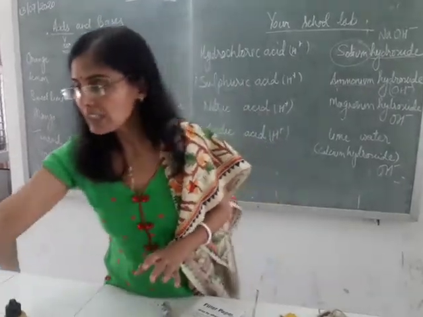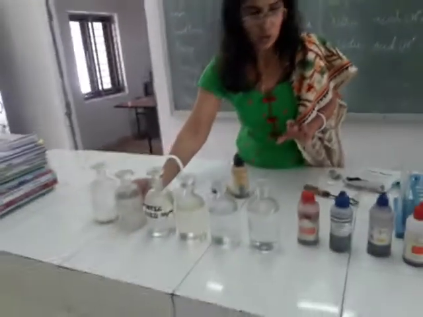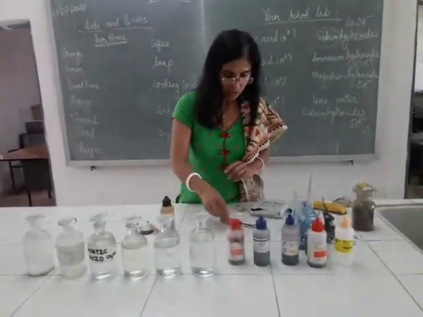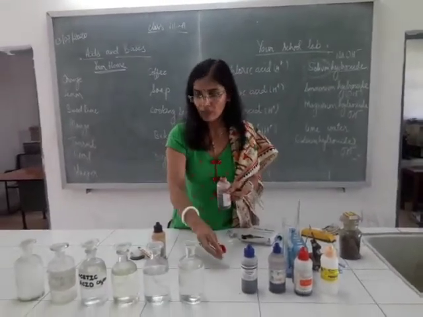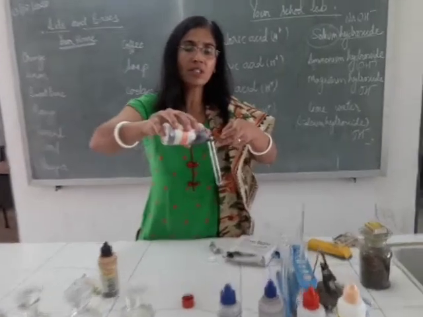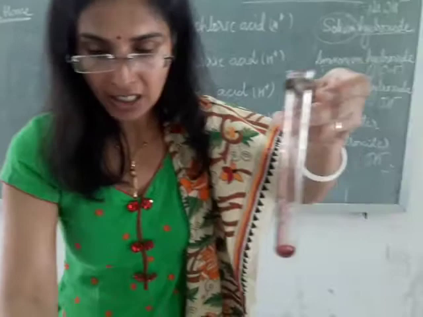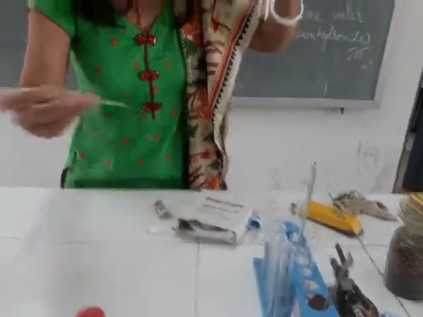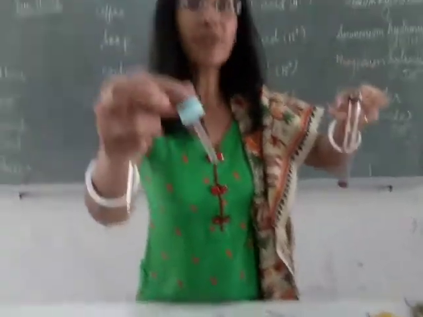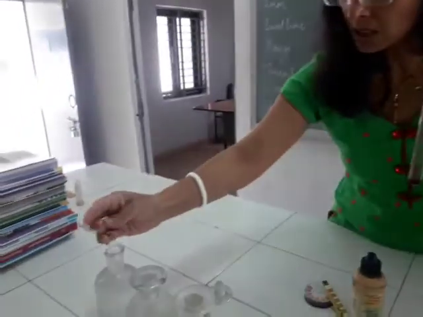So I have these acids and bases in my lab and we shall be testing them out. First of all, I will make use of your red litmus and I will see which one of these are acids and which one of these are bases. This one I have red litmus in my test tube, children, and I will open this up and I will make use of, you children, you can make use of this dropper at home, and in the laboratory we make use of some glass pipes.